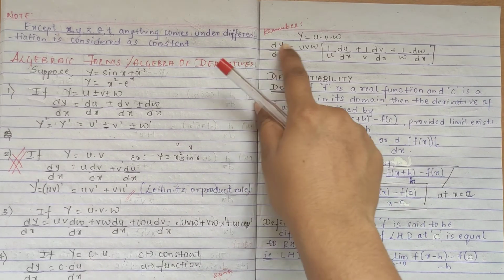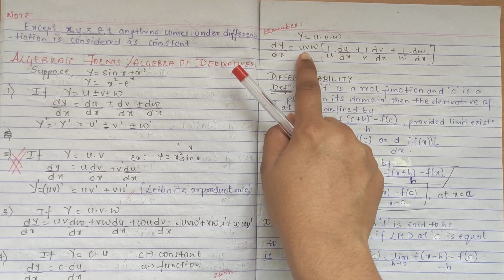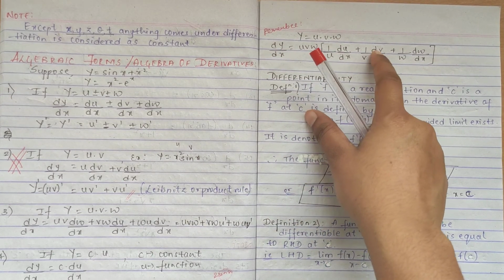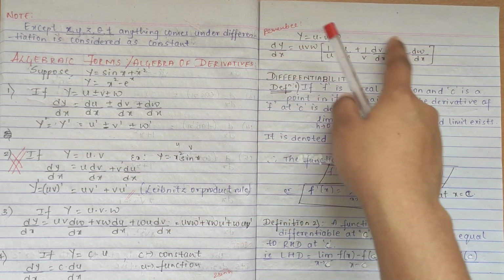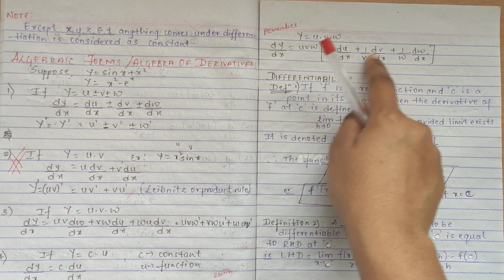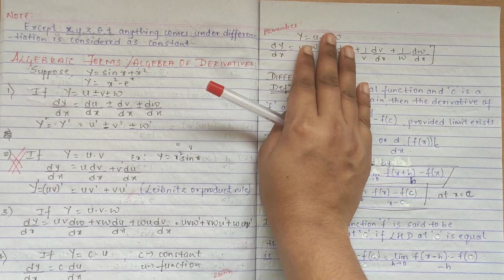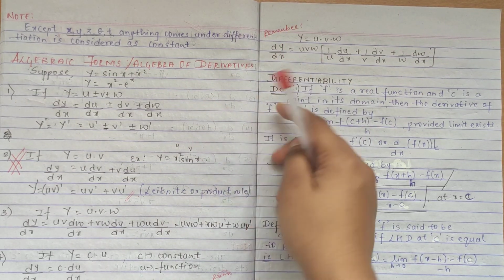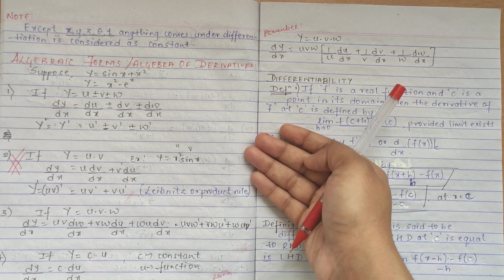Next, if you have the three-product rule, you can write it as u v w taking outside, and 1 by u du by dx plus 1 by v dv by dx plus 1 by w dw by dx. You can also differentiate in such a way. Whatever u v w they give, keep it outside and then you can do it in such a way. Okay, these are your basic, standard formulas. I want everyone to go through them. Please remember them. Then we'll see the definitions and then we'll go for the problem part. Okay, thank you everyone.